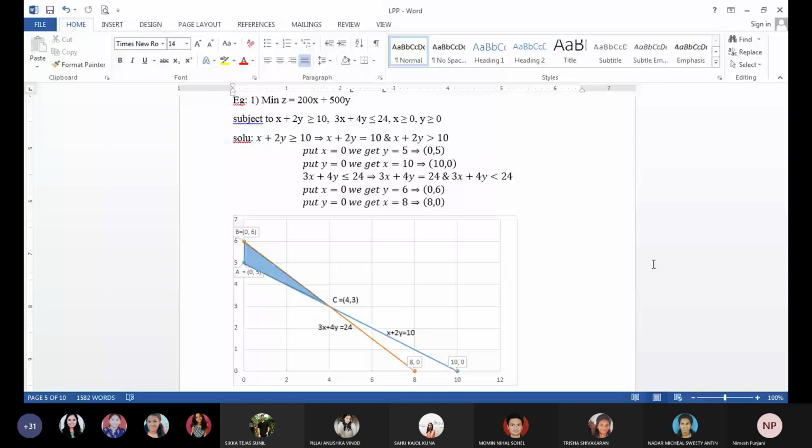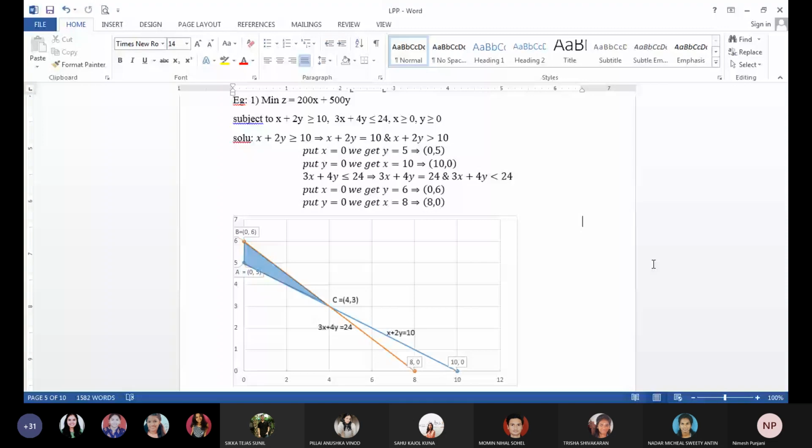See, whenever you are drawing the feasible region, it is advisable that you label the lines also, because if you have more than 1 line, many a times it becomes difficult to identify which line is which. So it is always better to label the lines with the equations. The orange line is 3x plus 4y equal to 24. The blue line is x plus 2y